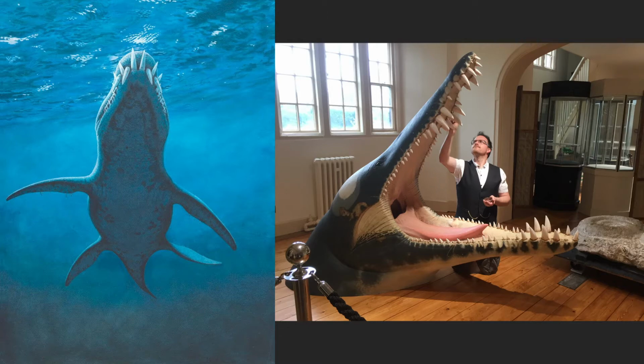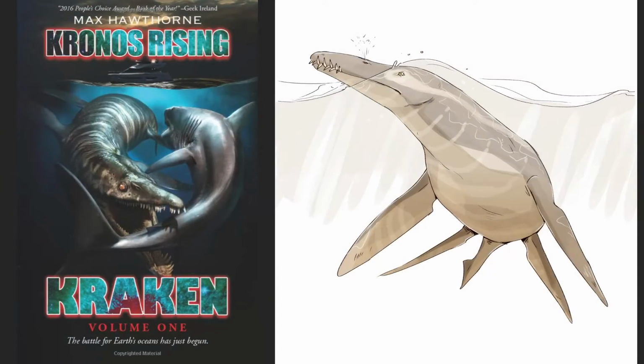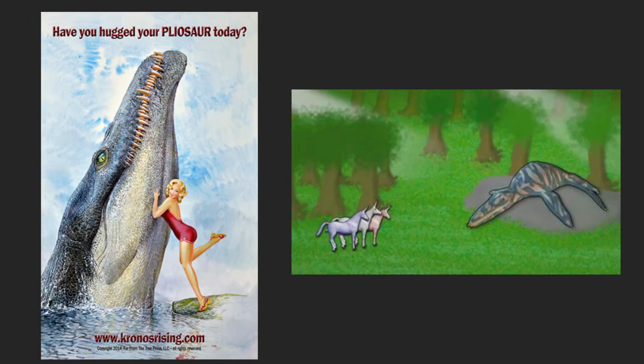And yes, Charlie, this is indeed the Liopleurodon from the unicorn animation. It had some other pop culture references. There is a book series about it called Kronos Rising. A very ambitious plot, Liopleurodon versus Megalodon. If you guys want to read it, you can check it out. It also has a very successful marketing campaign that you can see here on the left, incentivizing pliosaur owners to hug their pliosaurs, which is something I do every day, honestly. And on the right is the reference to this YouTube video with the unicorns and the magical Liopleurodon,